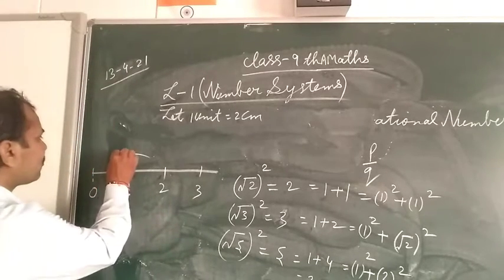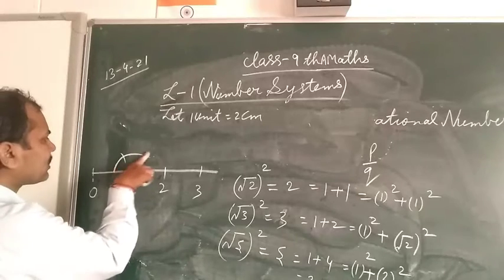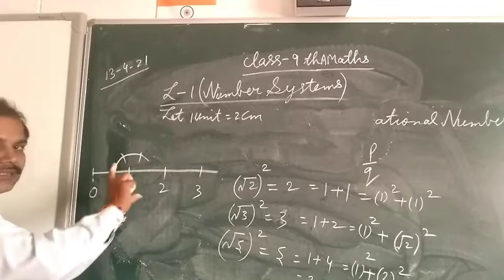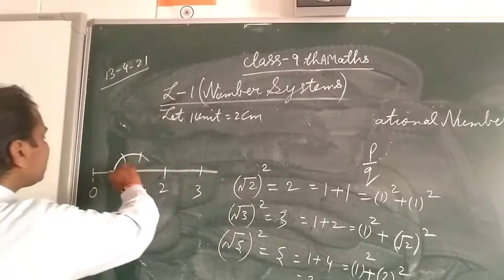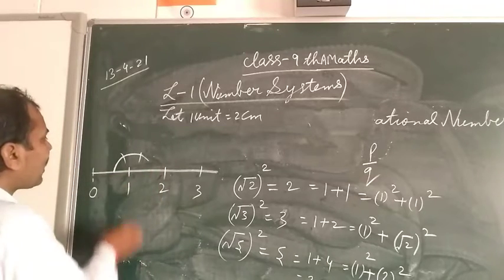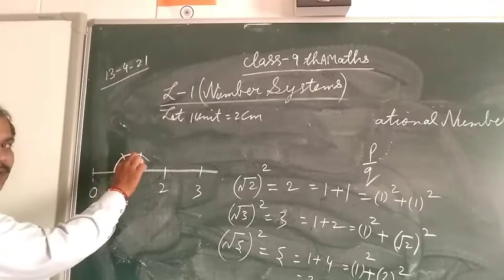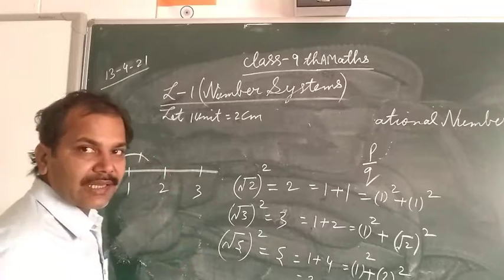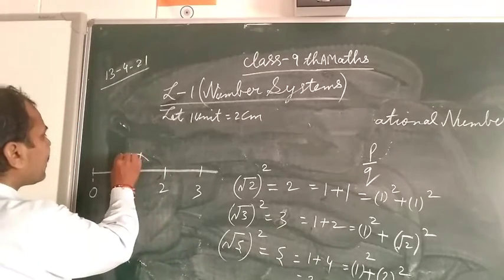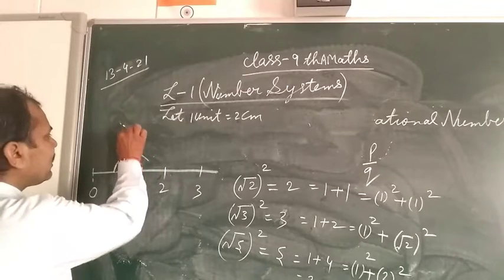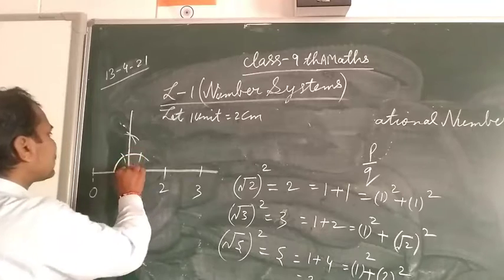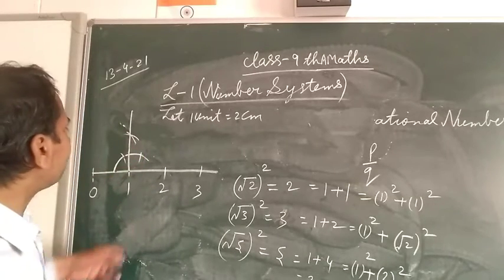So you know how to construct it; in previous classes you have studied. Take some distance in compass and make one arc. By that same distance by which you constructed that arc, you cut one time 60, another time 120. From 60 and 120 again take some distance in compass, and where they intersect, join them.